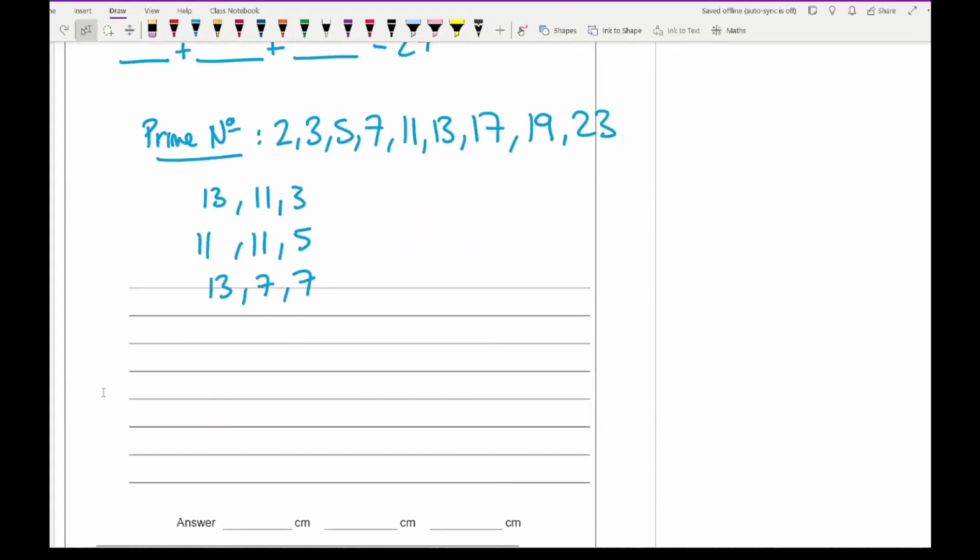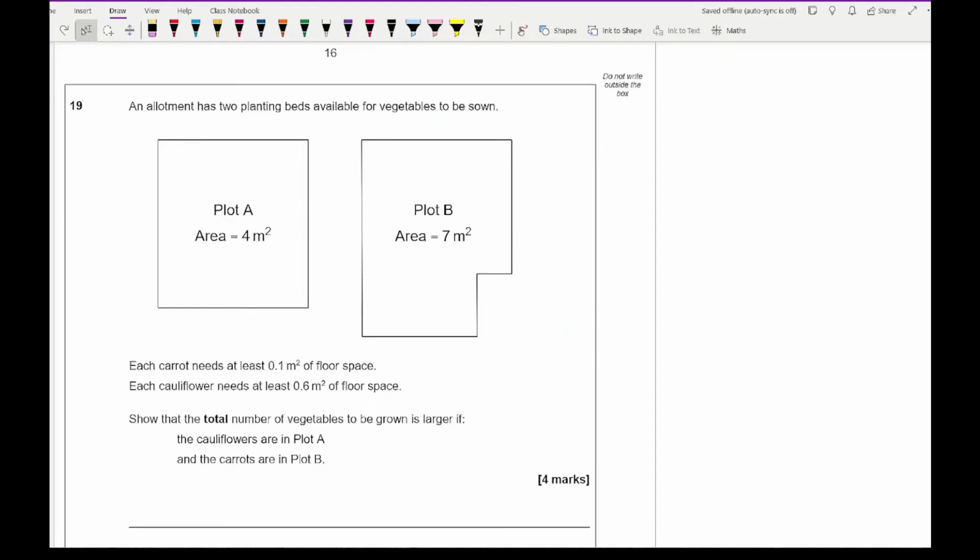So then moving on to question 19, it says an allotment has 2 planting beds available for vegetables to be sown. Each carrot needs at least 0.1 square metre of floor space, and each cauliflower needs 0.6 square metres of floor space. Show that the total number of vegetables to be grown is larger if the cauliflowers are in plot A and the carrots are in plot B. So if we go for the 2 possible combinations, so if we go for carrots in A and cauliflowers